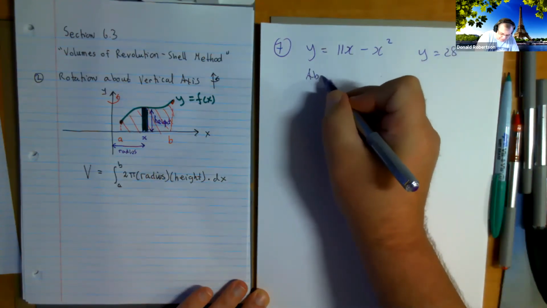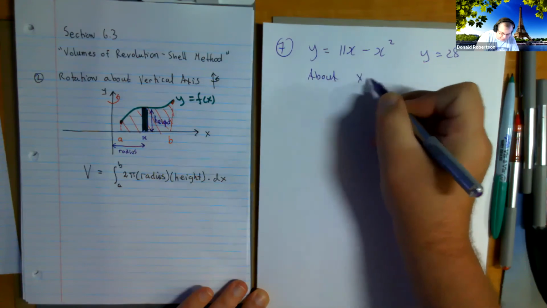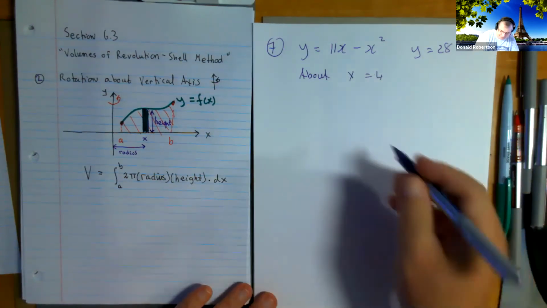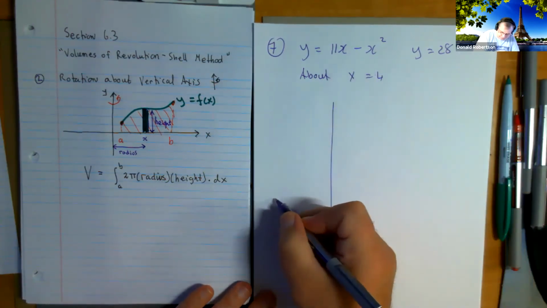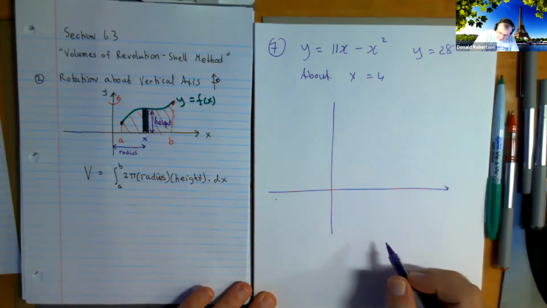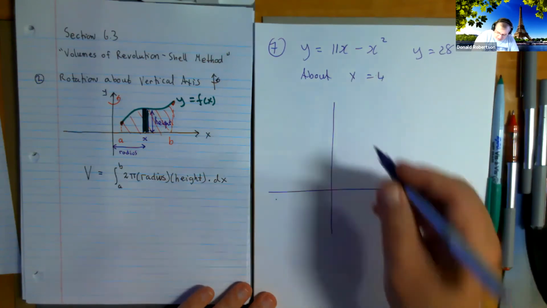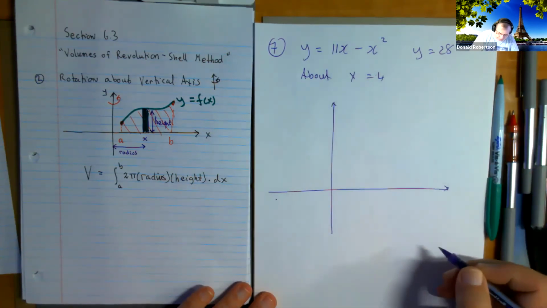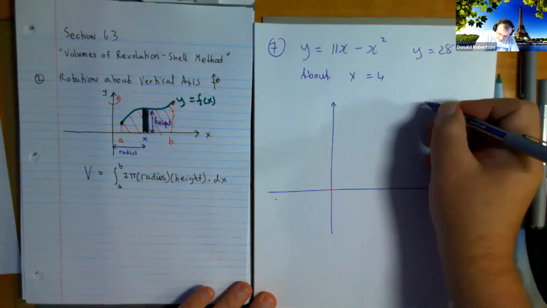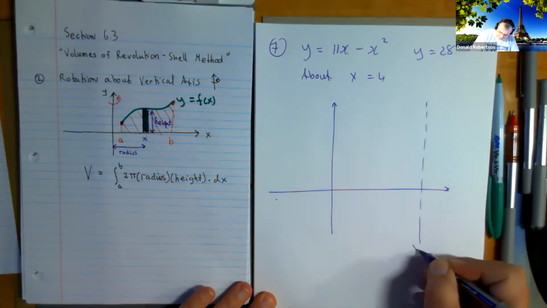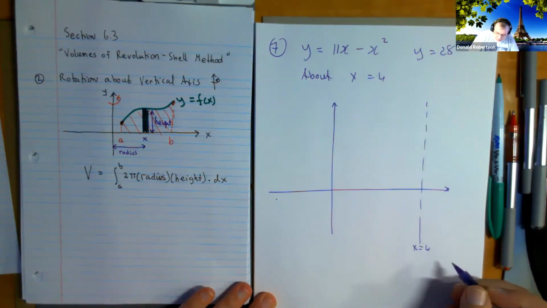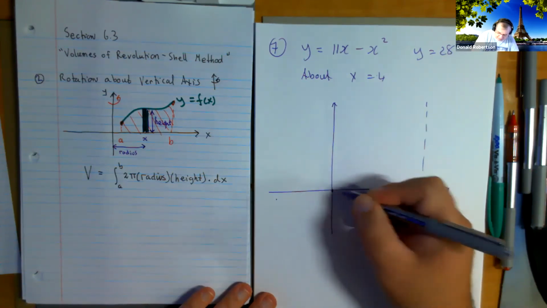And it's going to be rotated about the line x equals 4. So, what does the line x equals 4 look like? It looks like a line over here. What does 11 minus x squared look like? It looks something like,